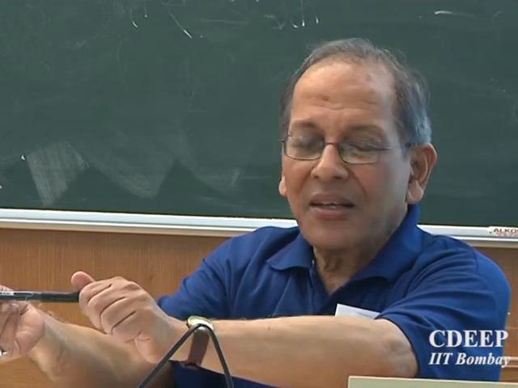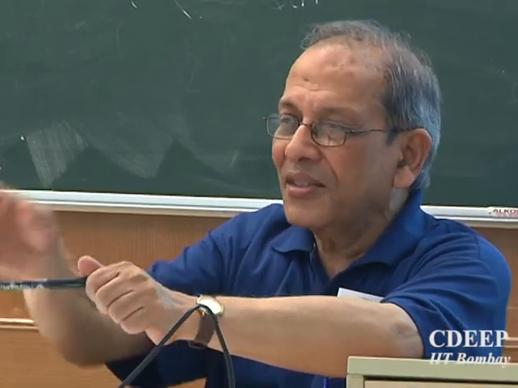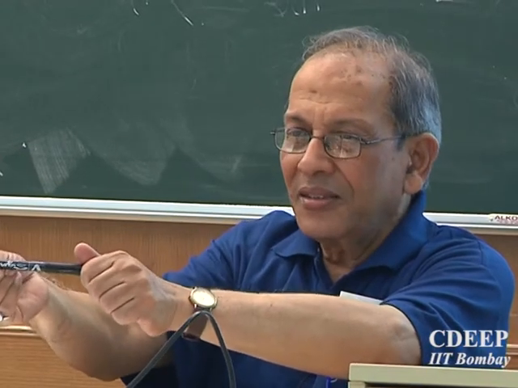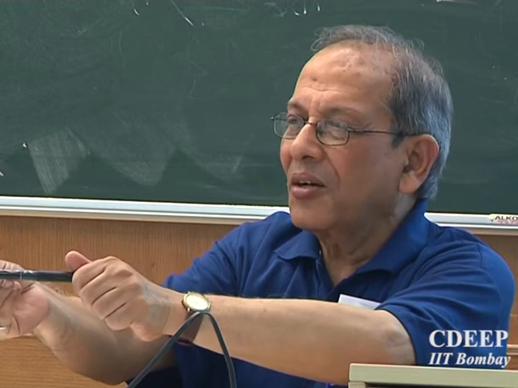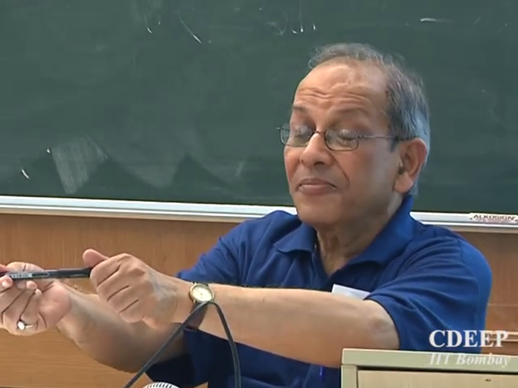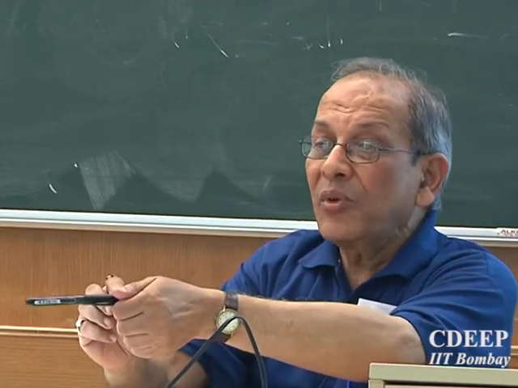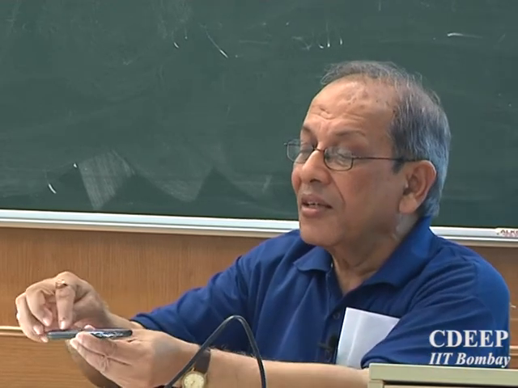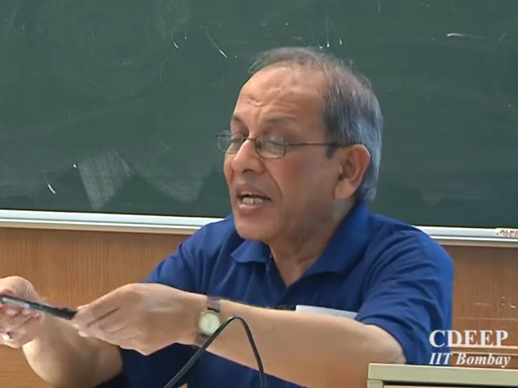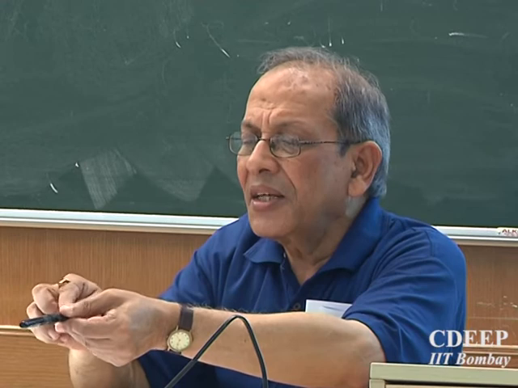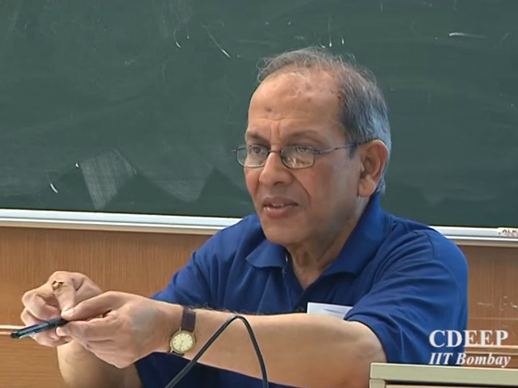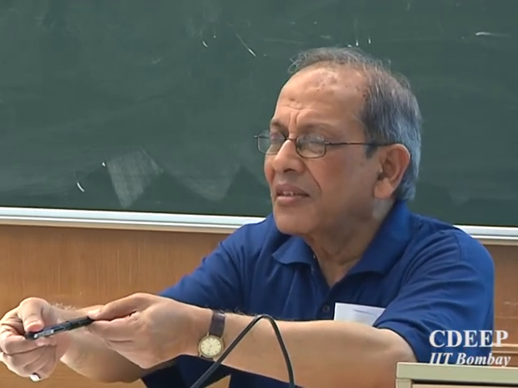So, what will happen? I forgot to, I will bring it in the next class. I have got a model made of rubber. I can show you what happens when you apply a torque. So this point will remain where, supposing I draw a line here, so that line will get twisted. Here it will be, so it will be like this. That line will get